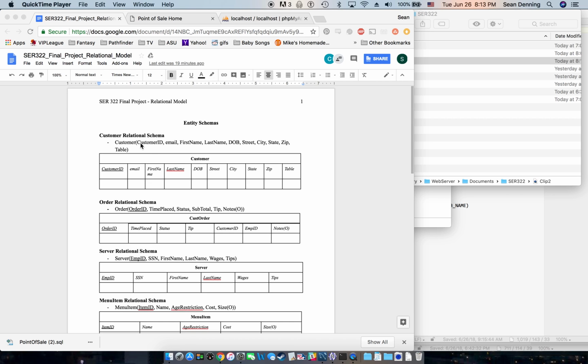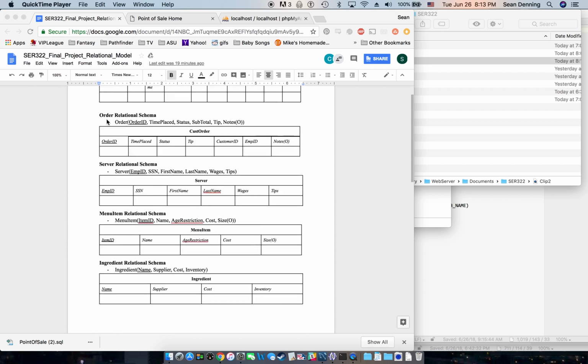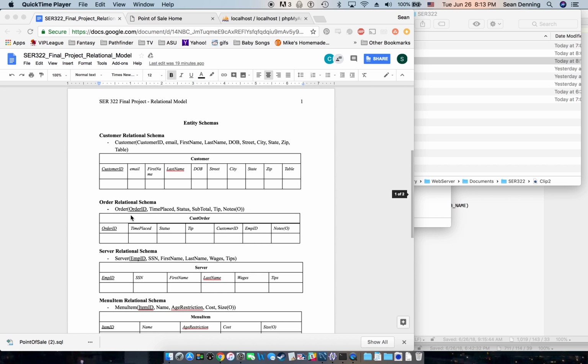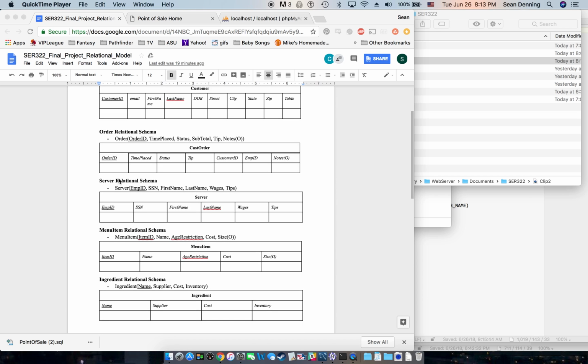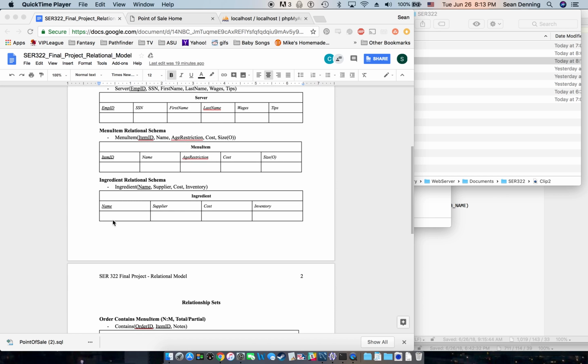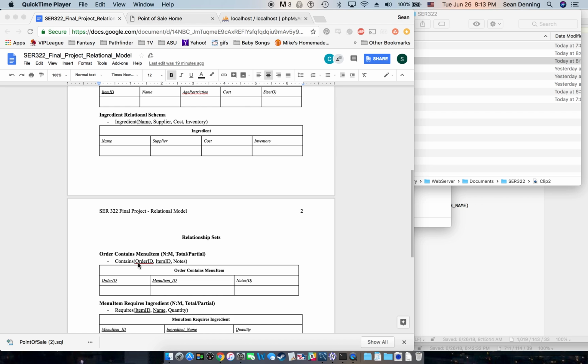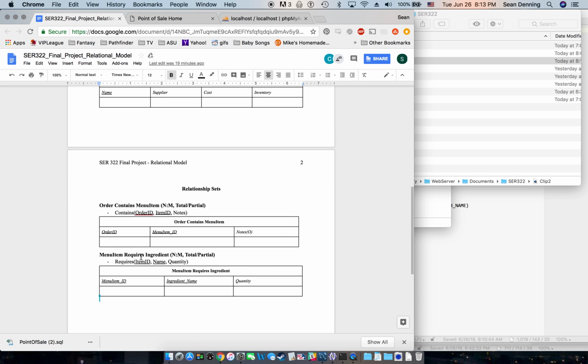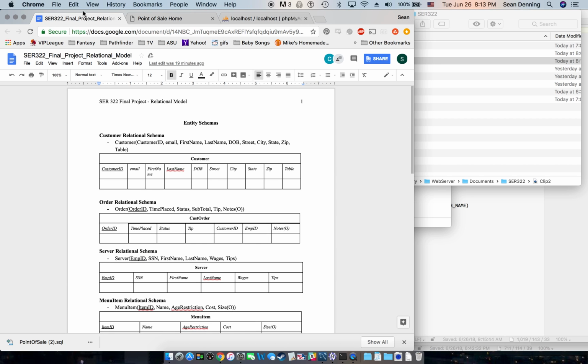We did a point of sale database that has 5 main tables and then 2 relational tables. We have a customer, an order, a server, a menu item, an ingredient. Order contains menu item and menu item requires ingredient. To have this run, you'll need to go into your